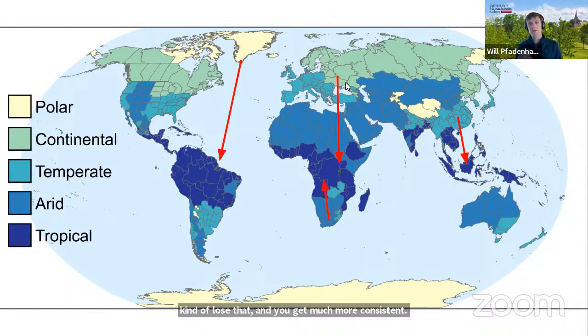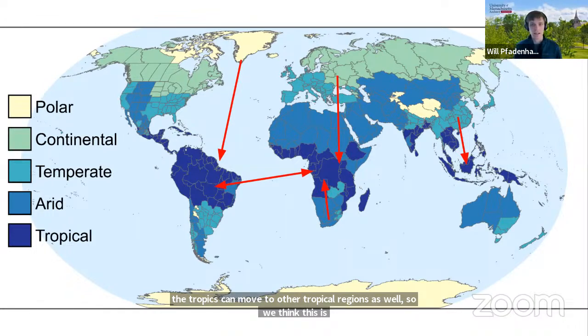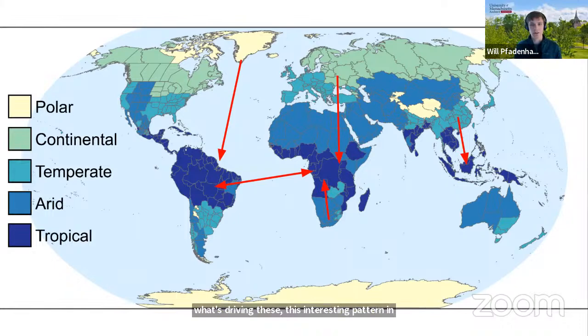If you think about big swings in temperature and precipitation in these other climates, the tropics don't have that. They have very consistent temperature and precipitation trends. And so the tropics tend to be generally favorable regardless of where you're coming from, and that includes the tropics. Species that are native to the tropics can move to other tropical regions as well. So we think this is what's driving this interesting pattern in the fact that the tropic regions are most susceptible